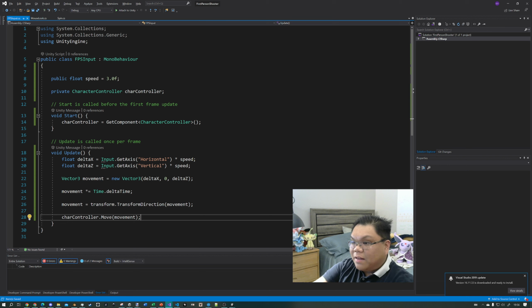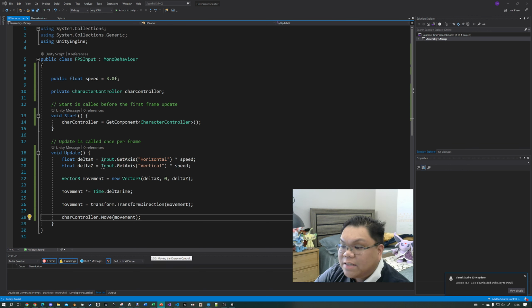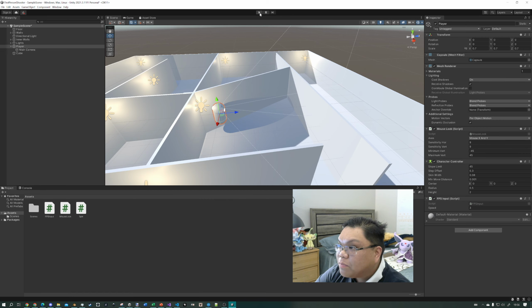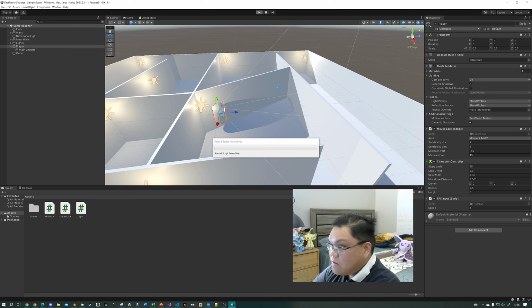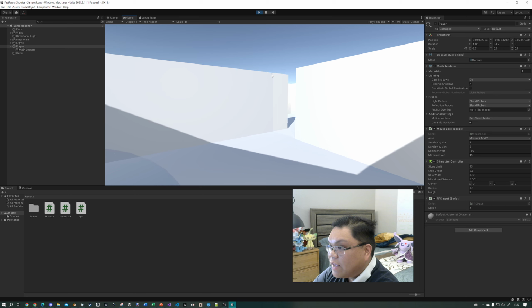So now we have the update function updated so that instead of using transform.position to change our position, we're not using transform.translate anymore. Rather, we are doing that using the character controller now. So now if I press play, and if I try to move with the arrow keys now,